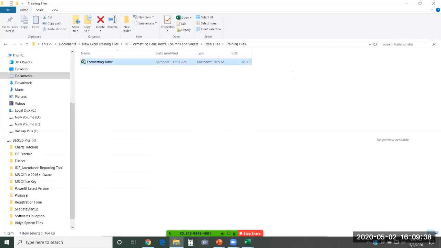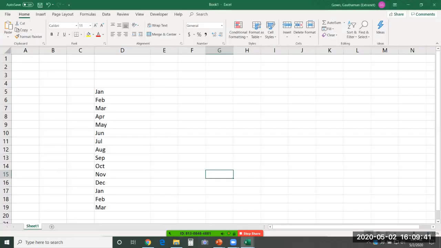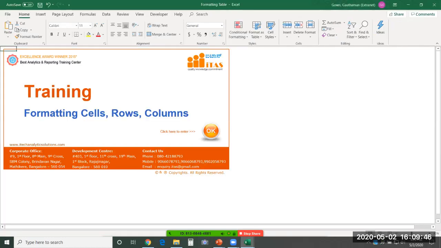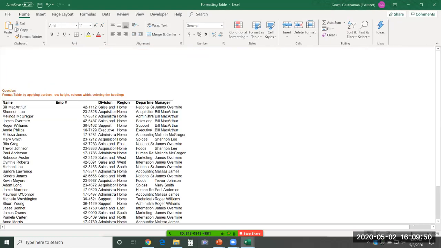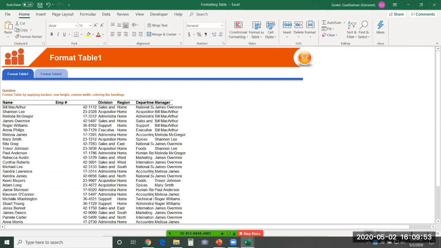The next one is different formattings to apply: how to format your data, what the shortcuts are, how to quickly apply them, and the different ways to do it. This is our material, guys. This is how it will be designed, and we will provide you these materials after each session. Whatever was covered in that particular session, we will provide that material to you, the unsolved ones, for practice purposes. We can also provide you more and more assignments on all these sessions.